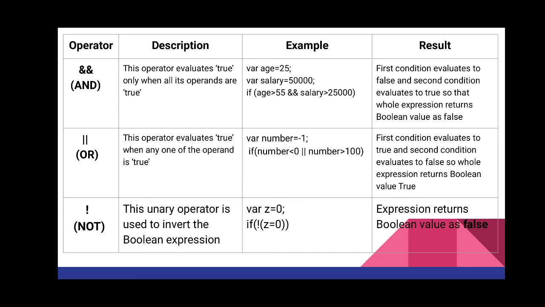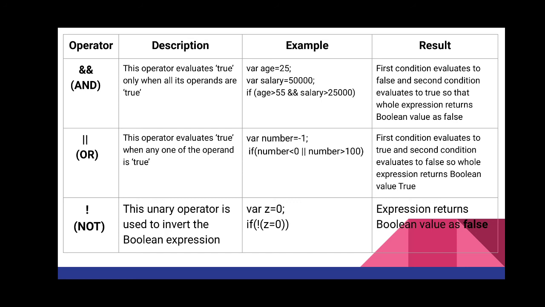If you observe the first part, age is greater than 55. So the first condition evaluates to what? True or false? Our age is 25, so is it greater than 55? No. So our first condition is false. So students, it will not go and check the second condition, because for an AND operation we require both the conditions to be true. Suppose I am getting false for the first condition, so obviously the output I will get is false, because anything multiplied by 0 is 0 or false. So here we will get the false answer.